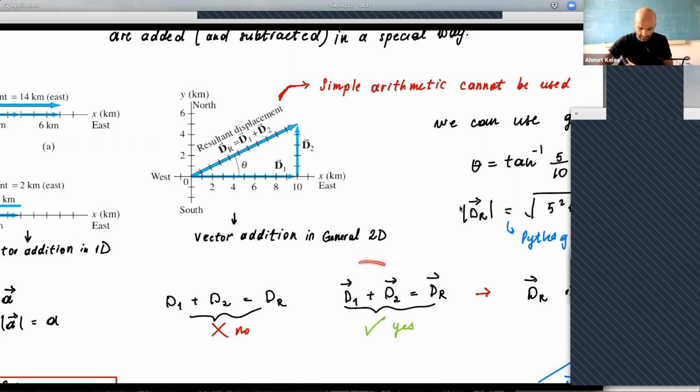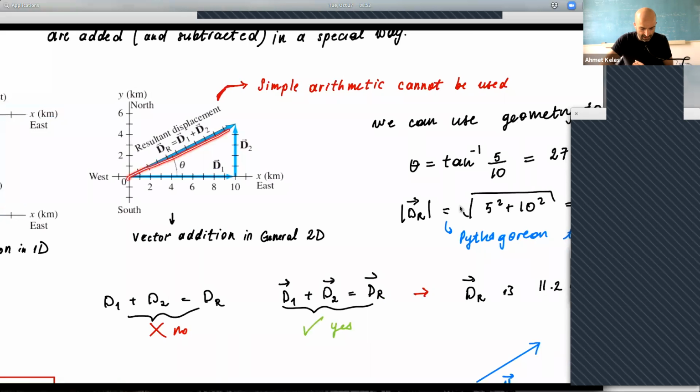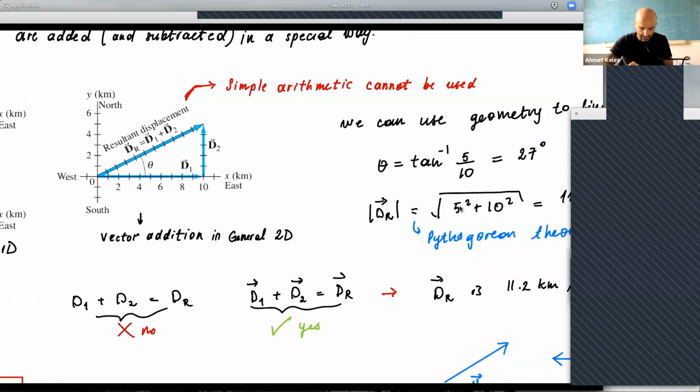So I will show you. I think you already know how to do this, but even if you didn't, you could see your net displacement with a little bit of geometry, right? So here you need two things, like I said. You want this net displacement, and net displacement is a vector, so it requires magnitude and direction. For direction, you need to calculate this angle. That's going to give your direction, and it's actually simple geometry.